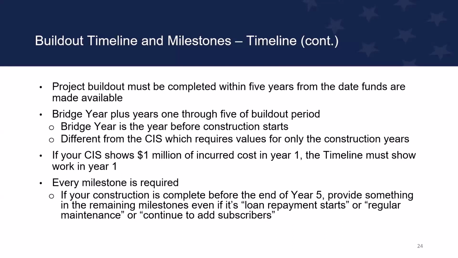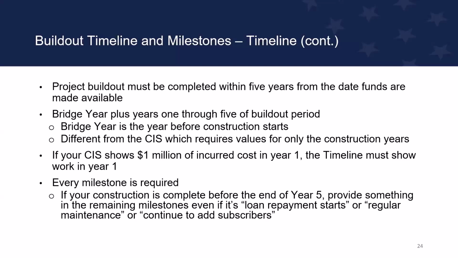So it'll be a little different than what you're seeing in the construction investment schedule, that only shows the construction years. And again, we preach consistency. If your construction investment schedule shows 1 million in year one, the timeline must show that $1 million is being spent in this year